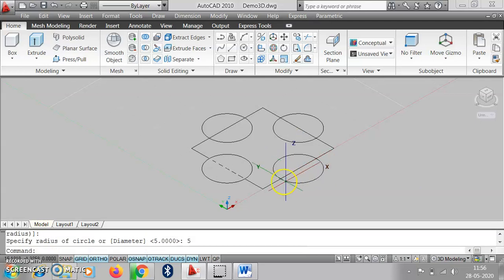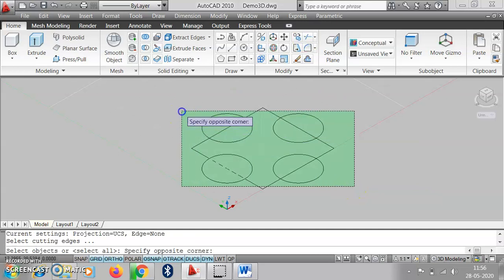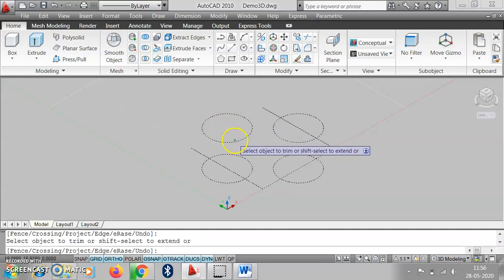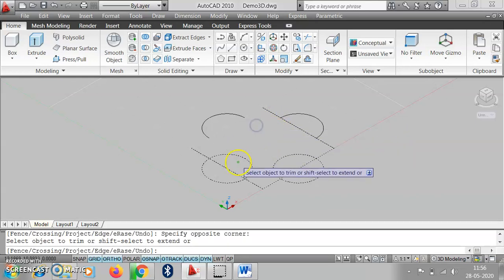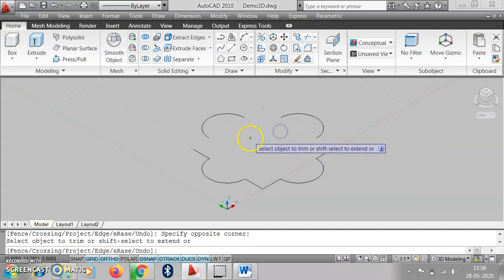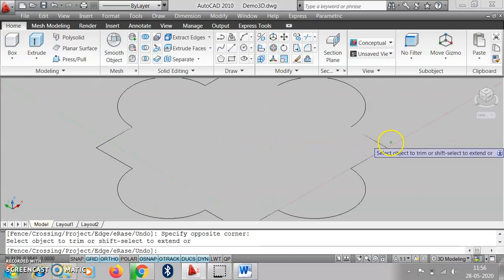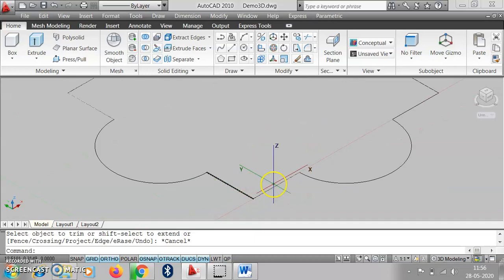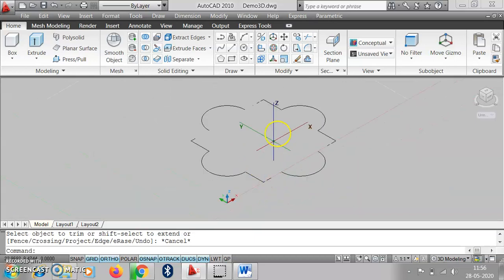Then with the help of the cut command we select all these things and cut, enter, and cut all this part. So we get this shape.